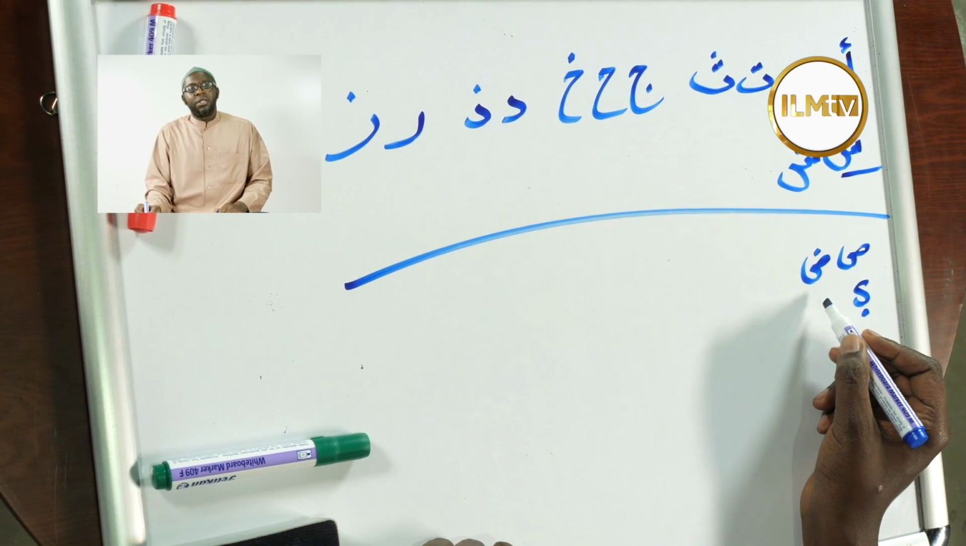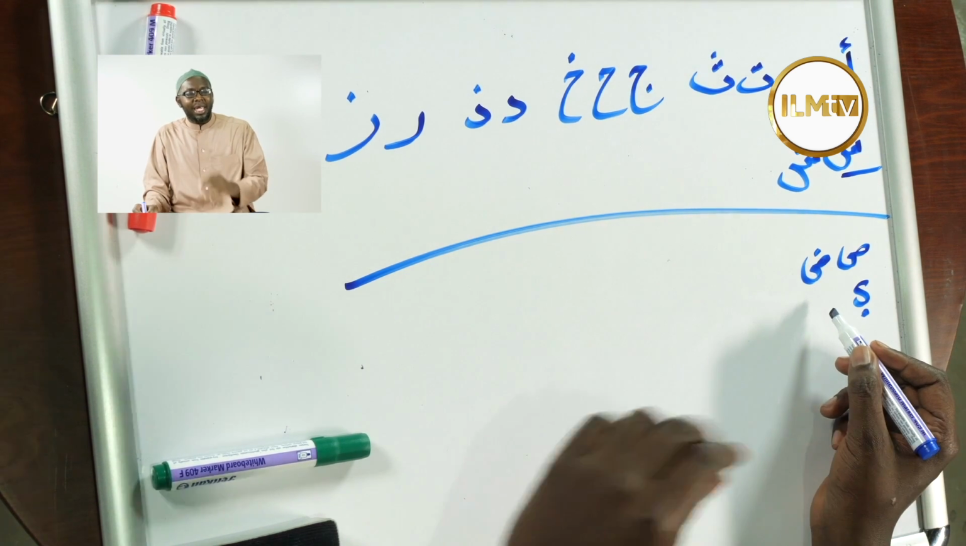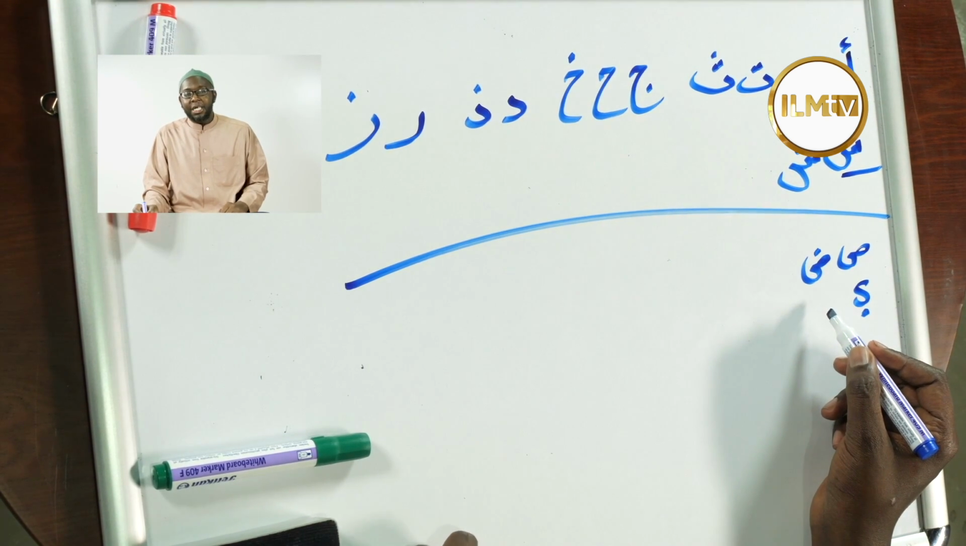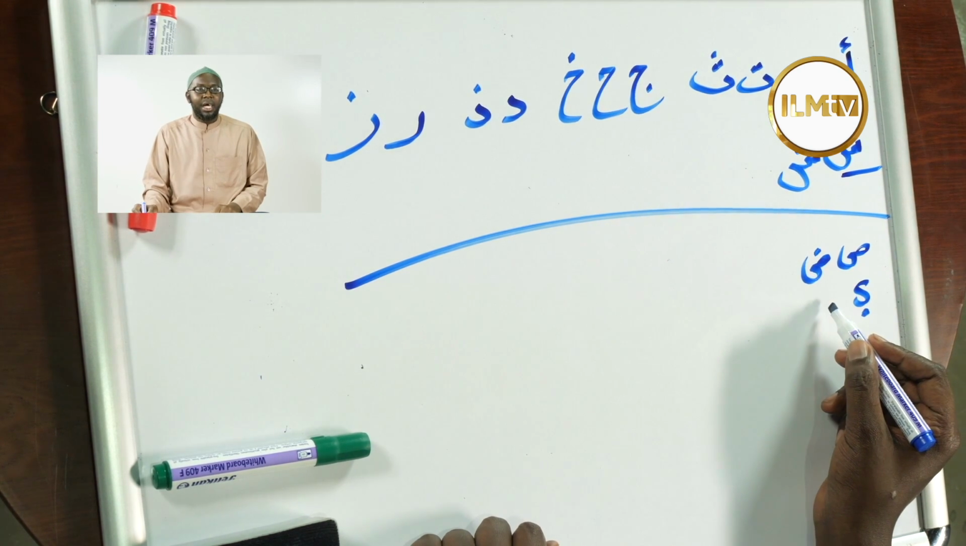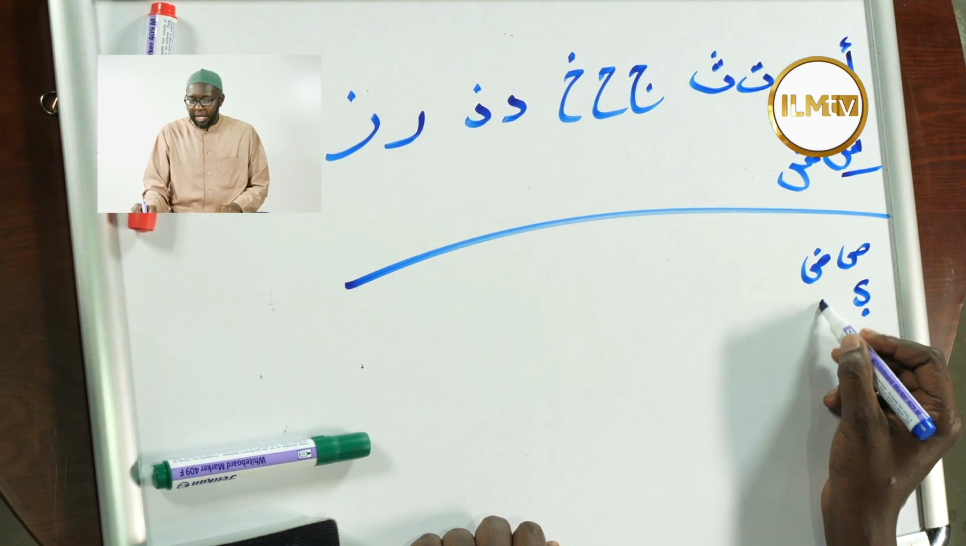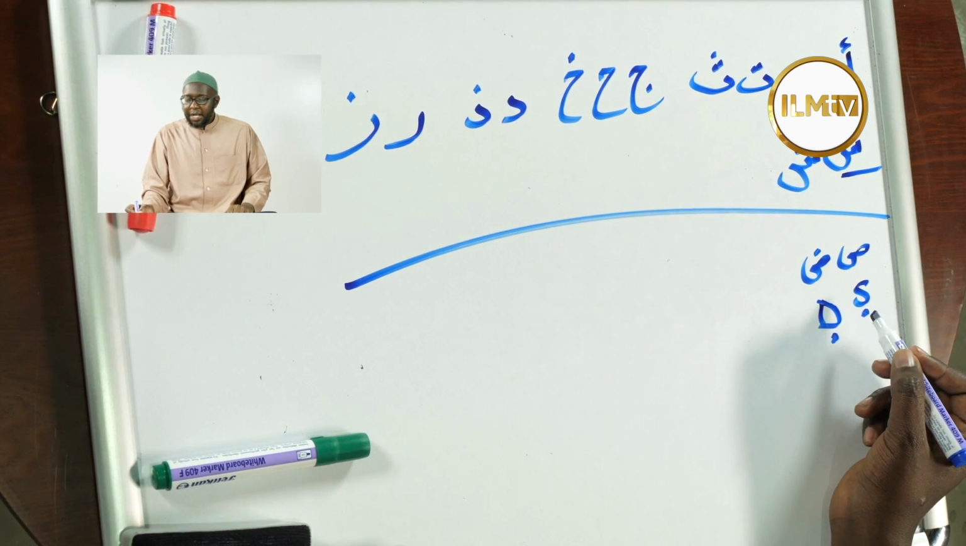Then you have da. Da is an almost uniquely Arabic letter. However, it's debatable because the French also have a da. So this sound is da. We have it in Arabic and French. Da. Then we have